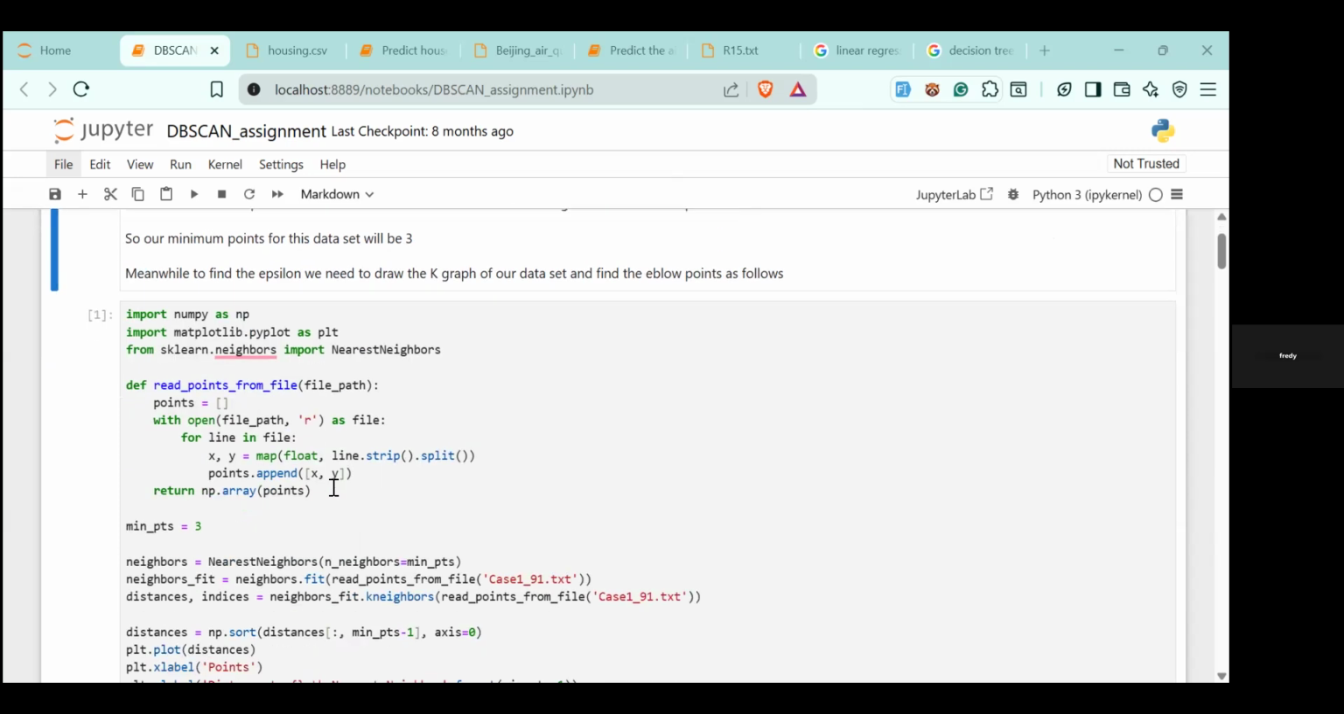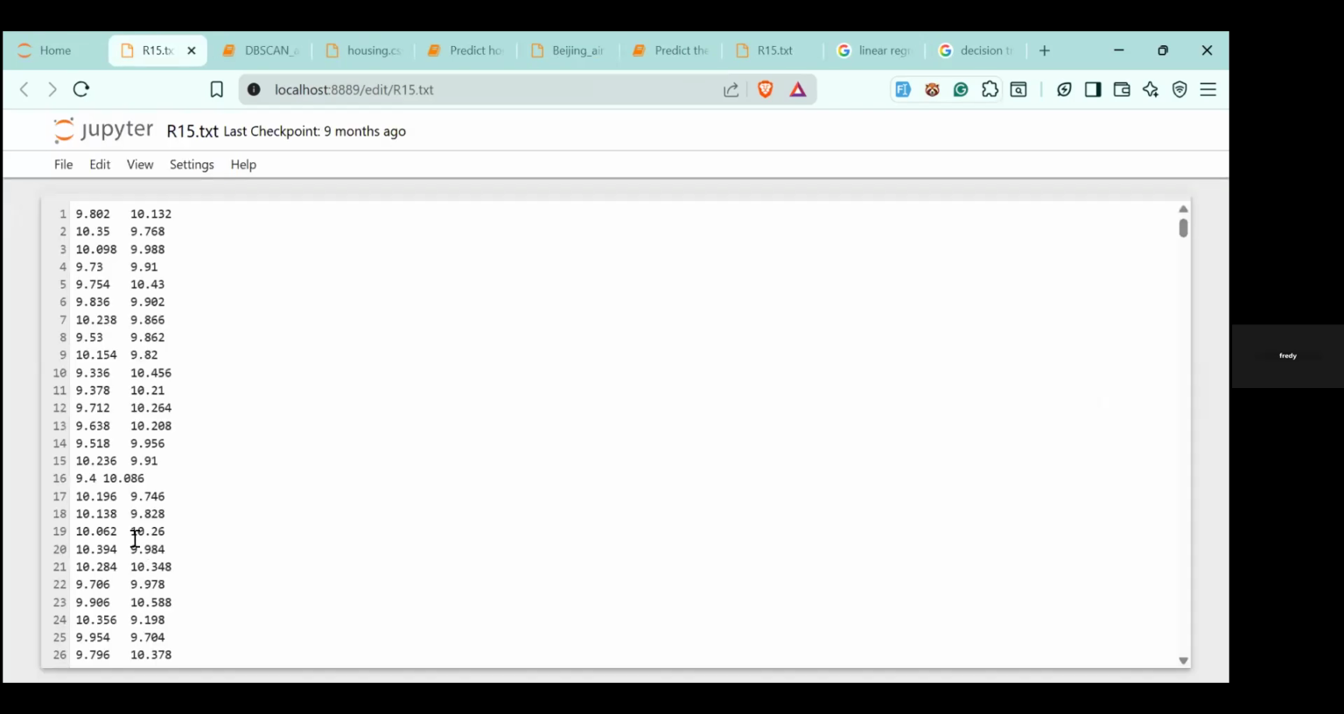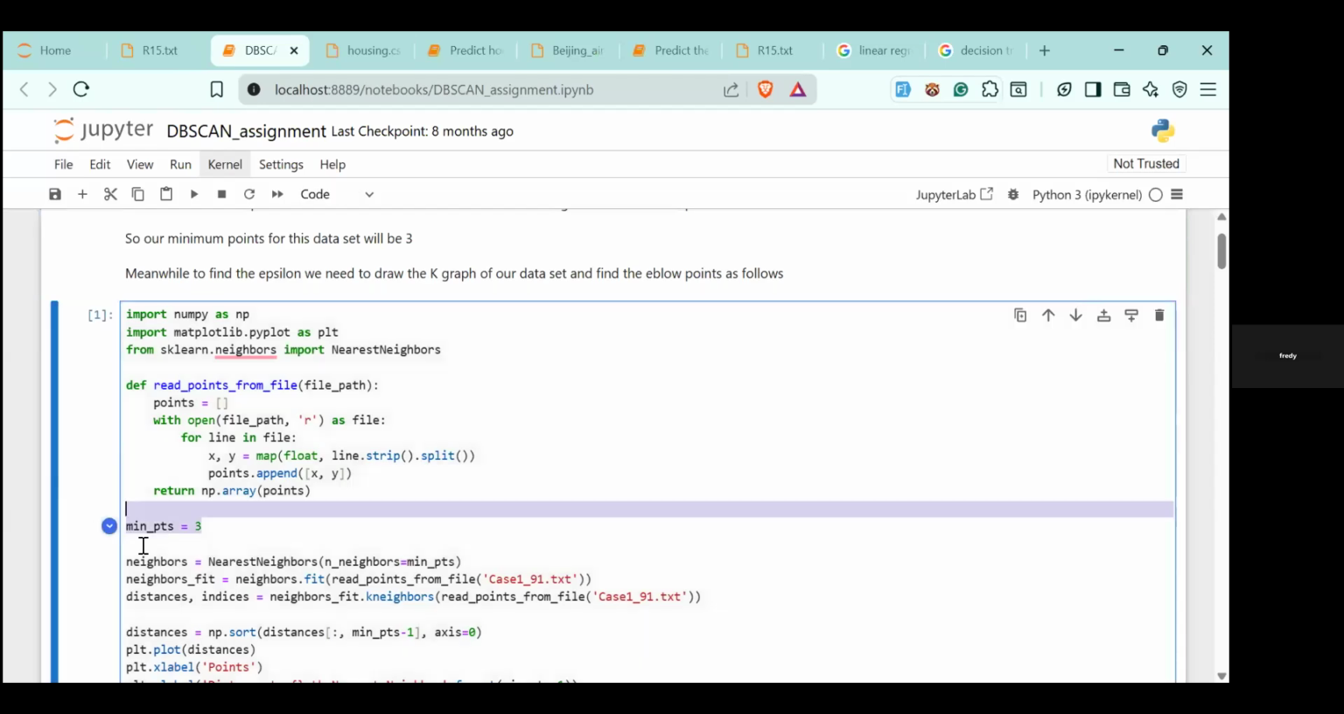we first have to be able to tell the min point. There is something we call the rule of thumb. If you have a data set, for example this R15, it has two columns. So if your data set has two columns, you take those columns and add one, that's why for min point we had 3. In the same way, to tell the epsilon, we'll need to read